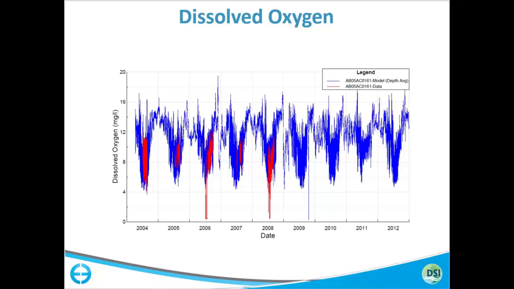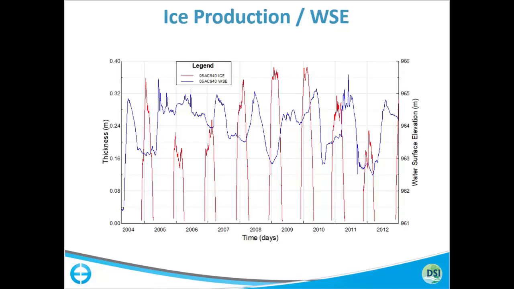This kind of low DO might be a measured data issue, I think, but we didn't remove anything, just used everything that was available. And another interesting thing to look at long term is how your ice would change with time. So you can see the ice is consistently forming, and these ice formations and ice melt are all dependent on your heat flux components. So it's very important to have accurate